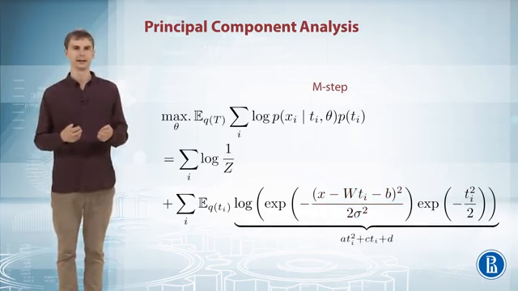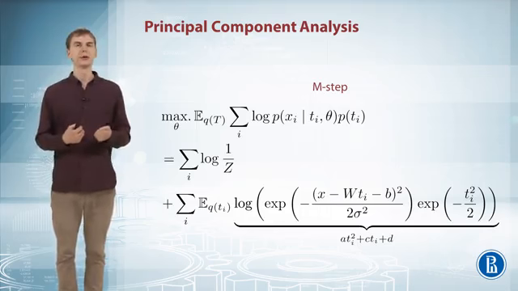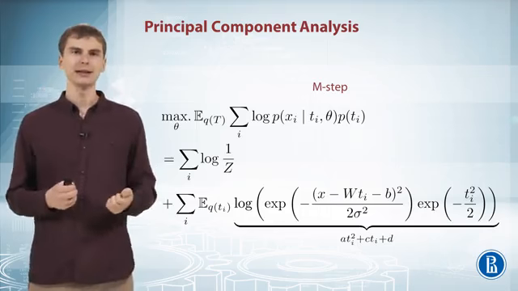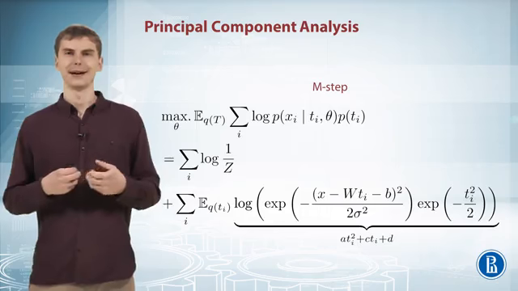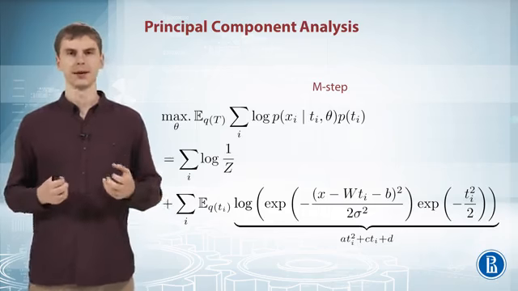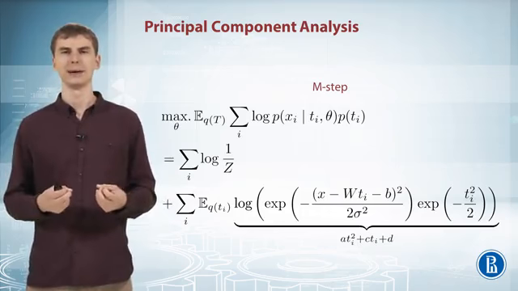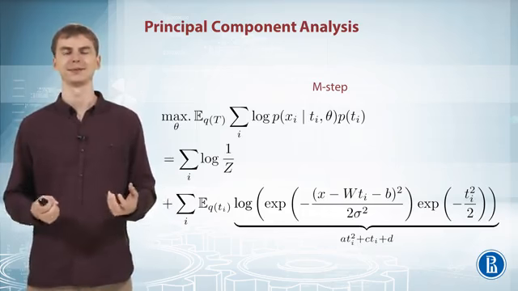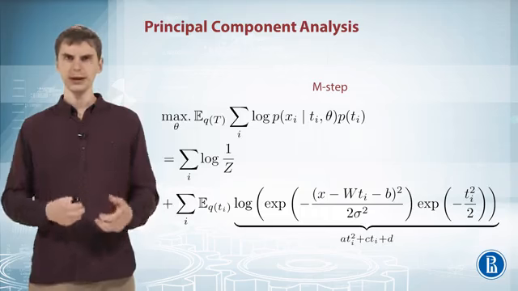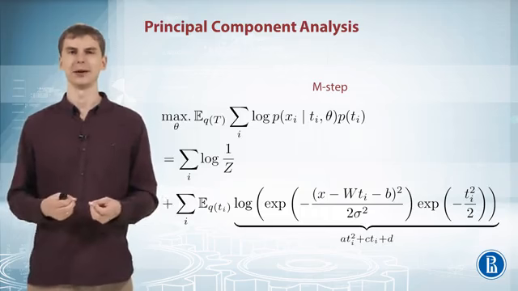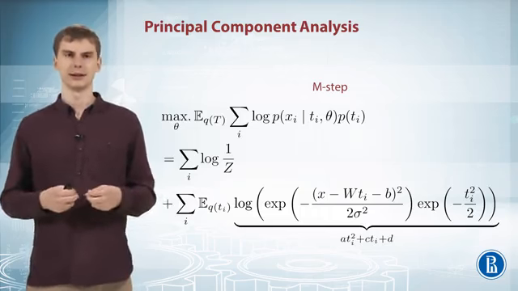So the logarithm of this exponent's product is a quadratic function with respect to Ti. And in general, computing the expected value here can be hard. But in practice, Q is a normal distribution, and computing the expected value of some quadratic function with respect to a normal distribution is not that hard. So we can easily analytically compute this expected value,